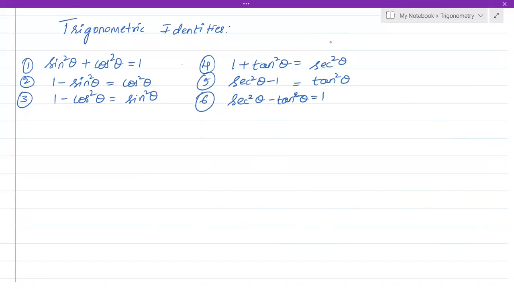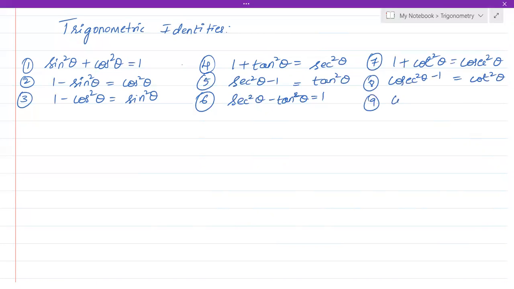Now, see, if you remember the first one, you can remember the second and third. If you remember the fourth one, you can remember the fifth and sixth. Similarly, coming to the seventh one: 1 plus cot square theta is equal to cosecant square theta. In the same fashion, cosecant square theta minus 1 will become cot square theta,